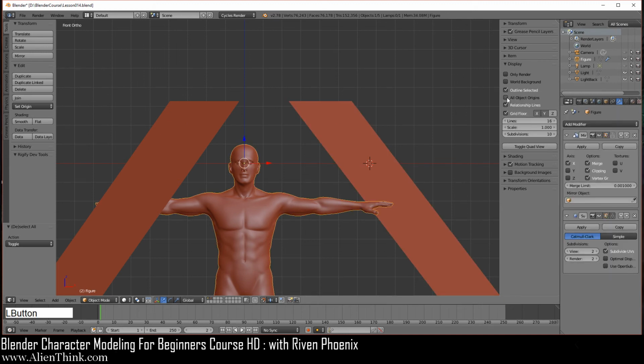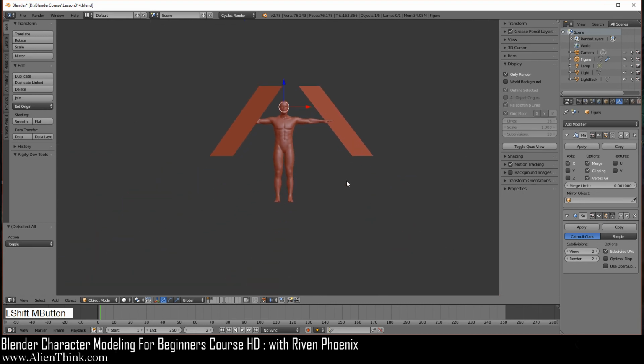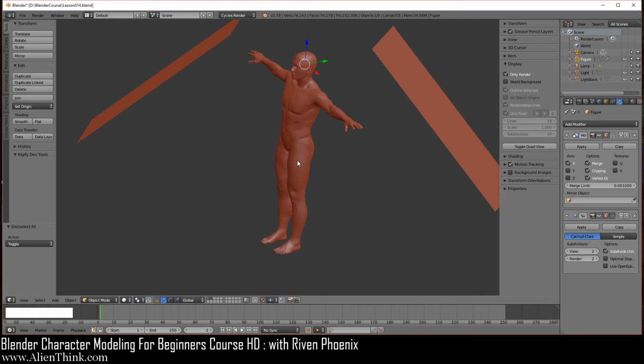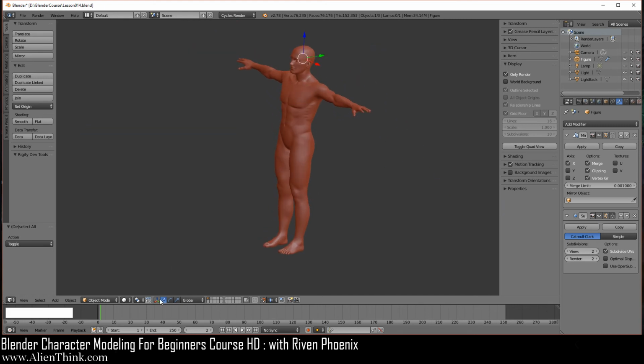Usually this is off by default, and of course only render means to just turn everything off so we can just examine the 3D model. And of course you can just click on this if you want to look at this, and click this off to get rid of the 3D manipulator. Okay, and let's just turn this back on over here.